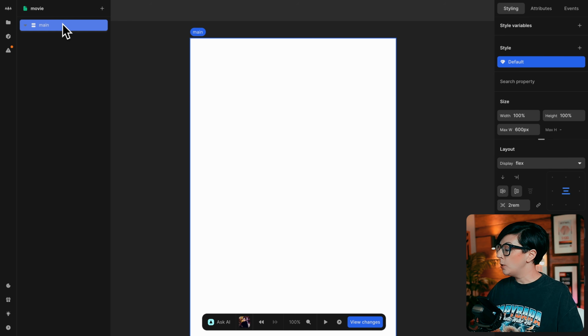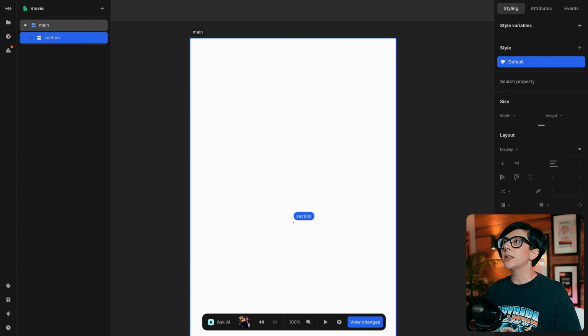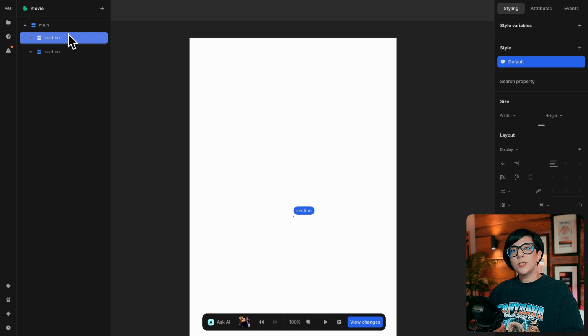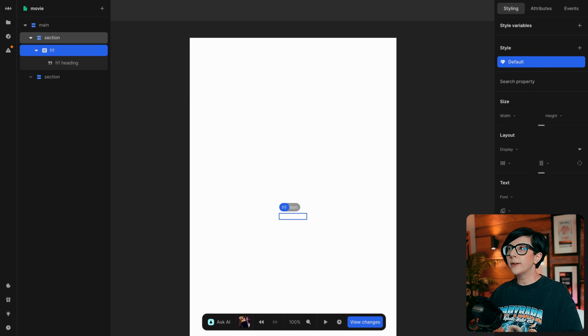So I'm going to add two section HTML tags. Click on main, press I for the catalog, and let's search for section. And I'm just going to copy and paste that section. Every page needs an H1, so the first thing we're going to do is add an H1, press I for the catalog, search for H1, and this is going to be a dynamic H1 based on the data coming back